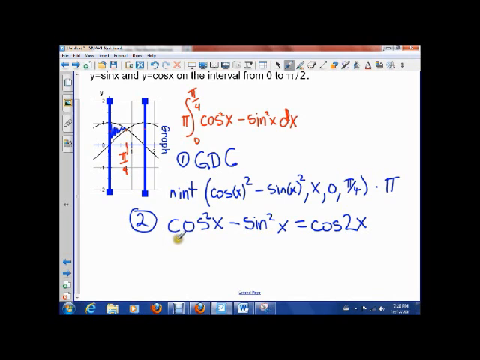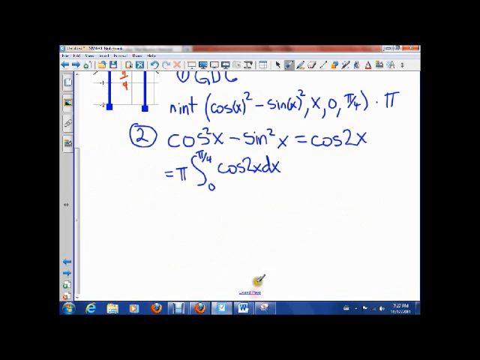Okay? So what you're actually looking for is pi times the integral from 0 to pi by 4 of cos 2x dx. Okay? And we can find that integral pretty easily, because the integral of cos is sine 2x